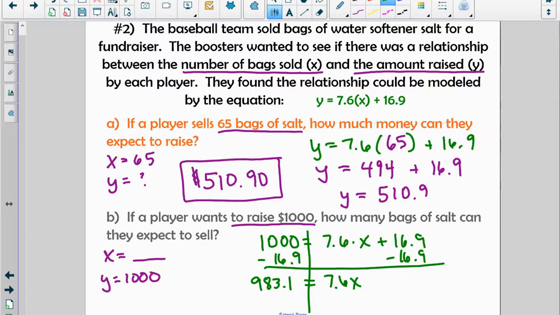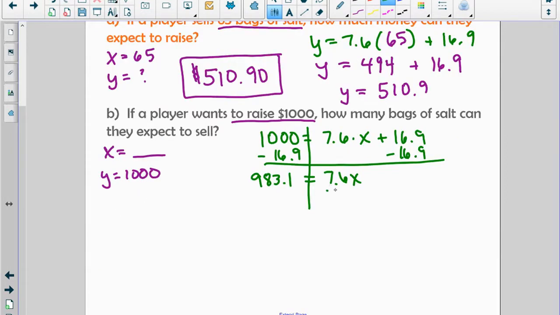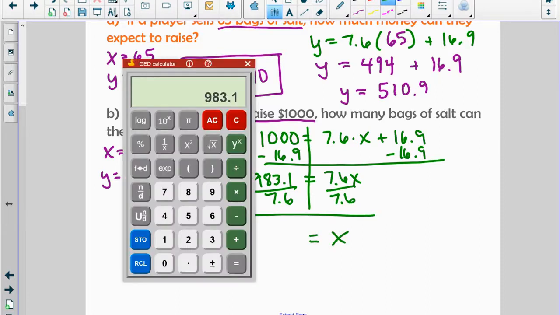And then finally, to get x by itself, we just need to divide by 7.6 on each side. Just solving two-step equations here with this slope-intercept form. All right, and I still have that 983.1 number in there, so I just need to divide by 7.6. And I get